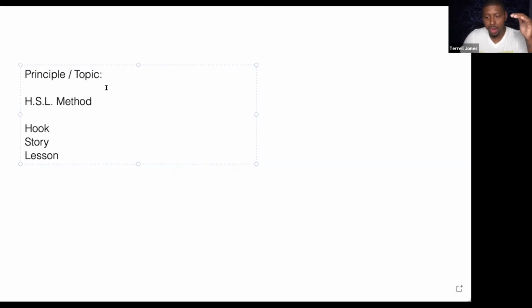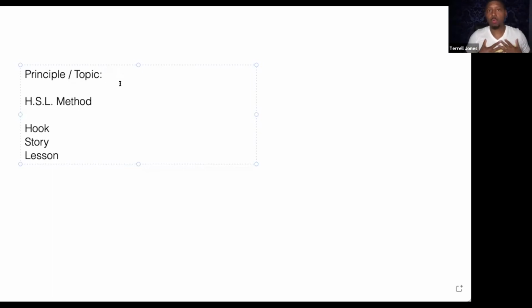Does that make sense? So let's say you're helping men, or you are a life coach, or you're helping people with career, basketball, business, women, trauma, whatever it is. Whatever your topic is, and obviously keep your audience in mind, from a topic perspective you just put whatever the topic is.